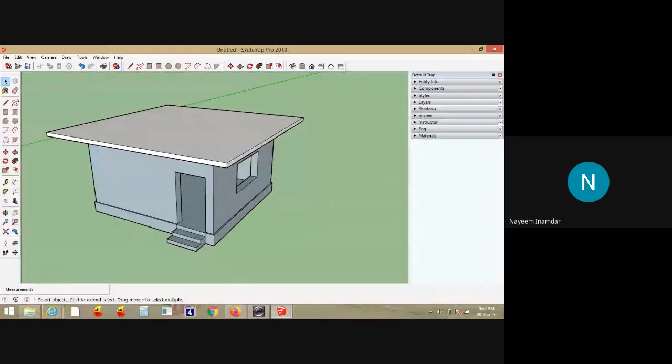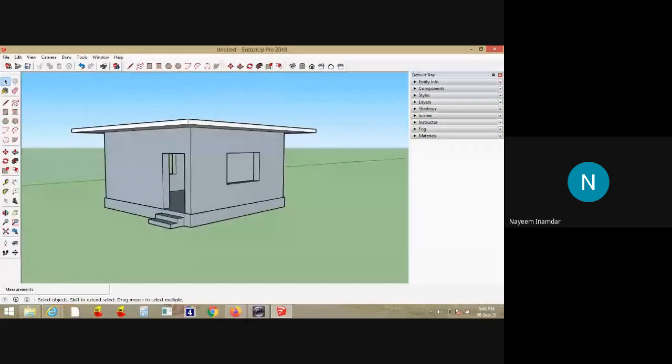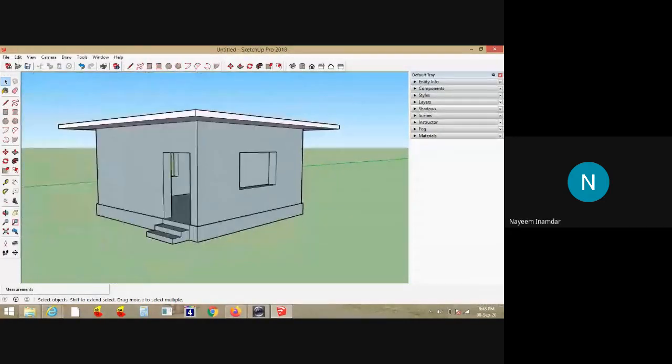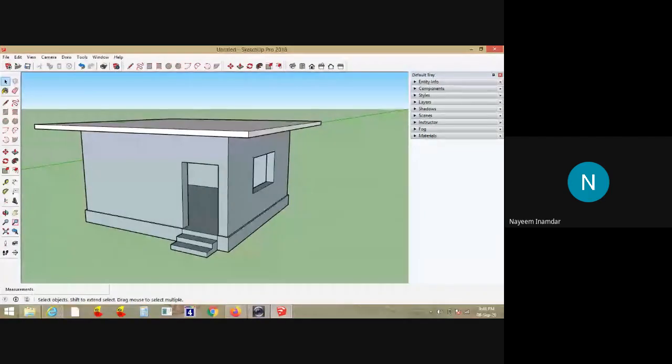A parapet will come, then the coloring will come, and how to make the flooring, colors, window finishing, everything I'll tell for the simple building. Again, we will take afterwards. What we'll do, we will take one home plan. This is just one room plan. We'll take one home plan.